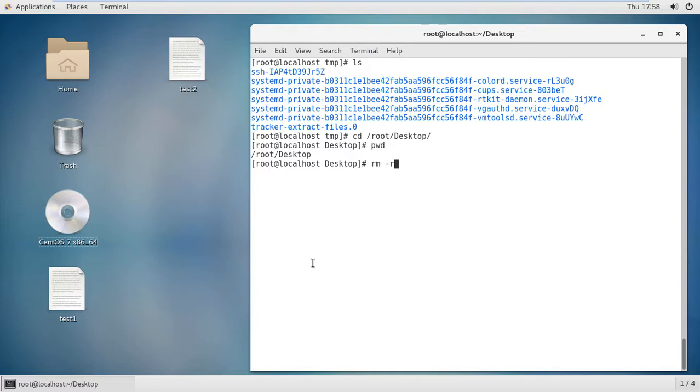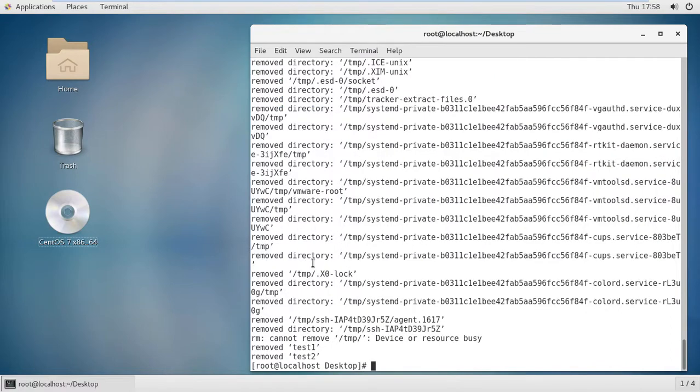So they try rm -rf /tmp, and this is the actual command. But if you put a space and a star, this is a very dangerous command.